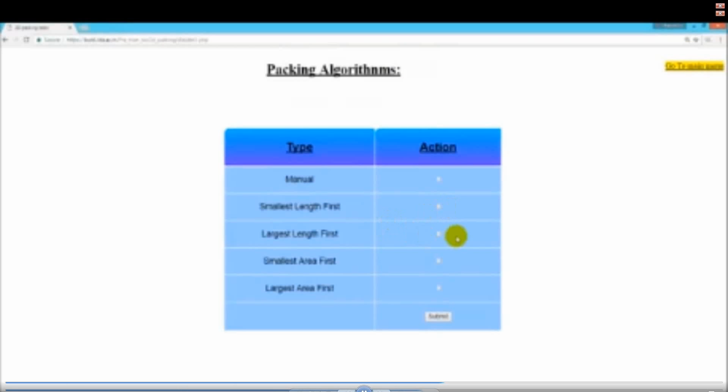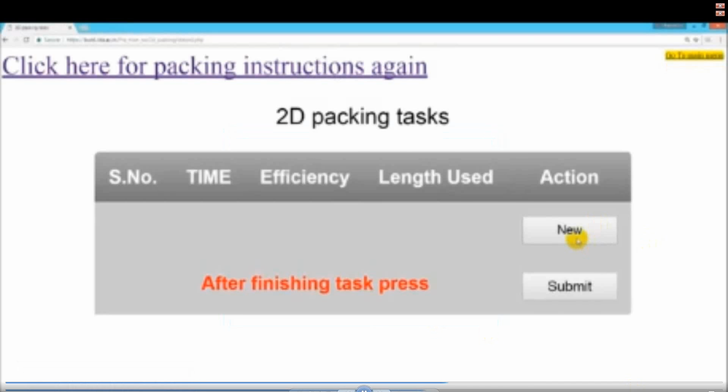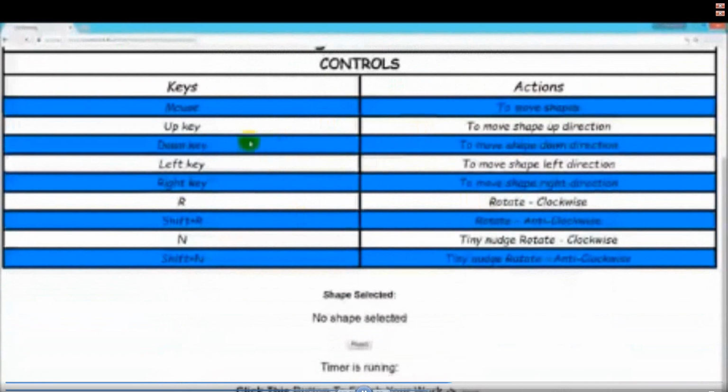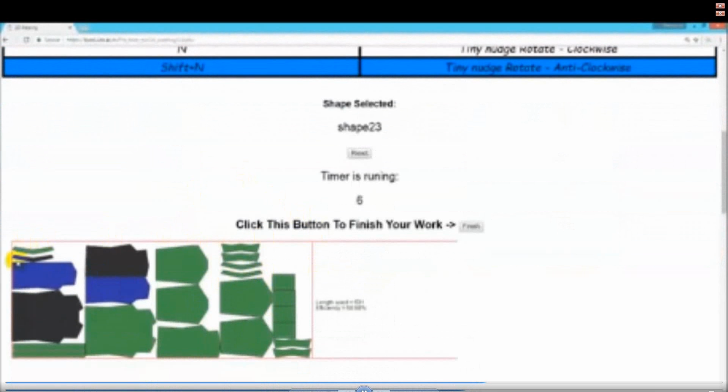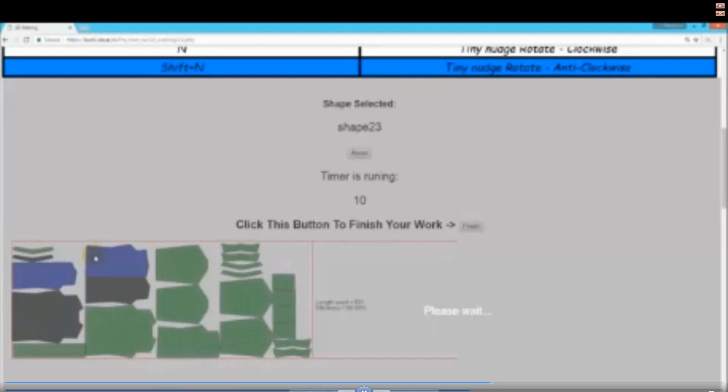Now we will start with the hybrid task. In this, the computer packs the objects in a bin, and we just have to look and minimize the gap, and we can achieve higher efficiency in less time. The control buttons are the same as those we used in the manual packing task. Here we can see that the computer packs using some algorithm, and the computer has packed the objects